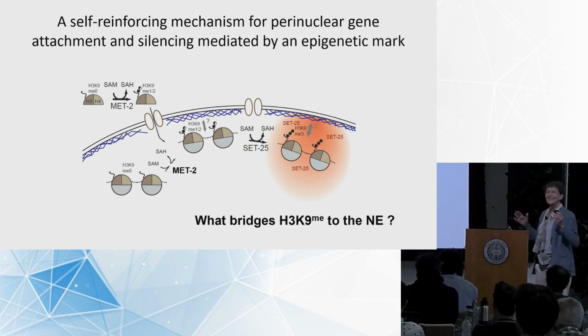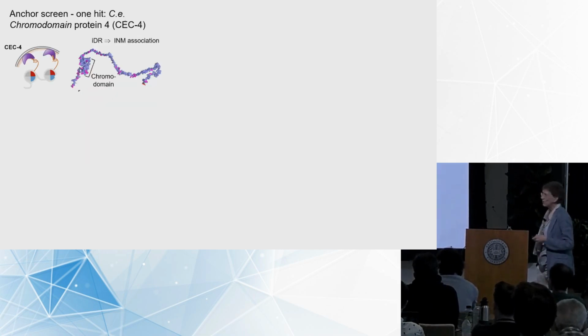So that's nice. We showed that there's an epigenetic mark that determines position and repression, but is it causal? If it's causal, then we should be able to knock it out selectively. That would be the dream, to selectively knock out either position or the mark or repression and see if they're the same. So we did another screen, and this was for anything that would read the K9 mono-, di-, and trimethyl